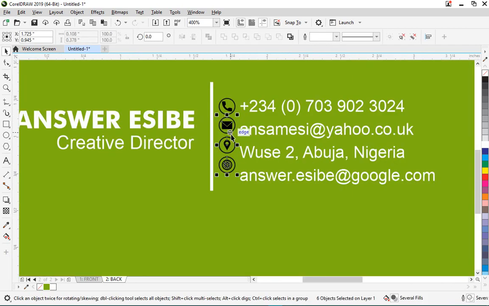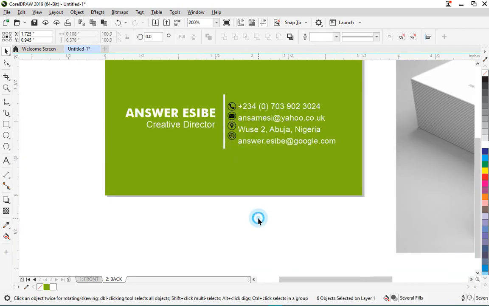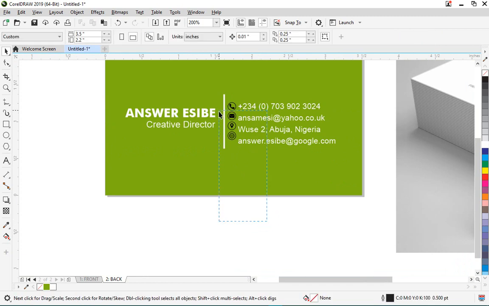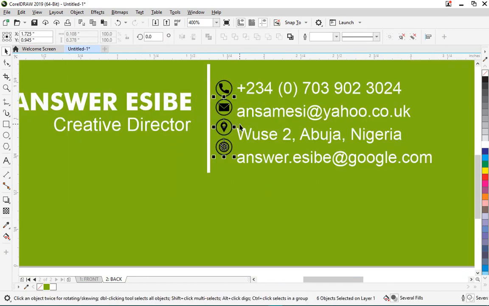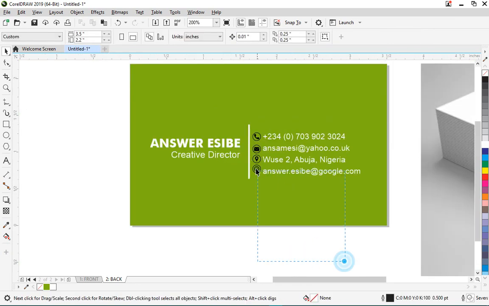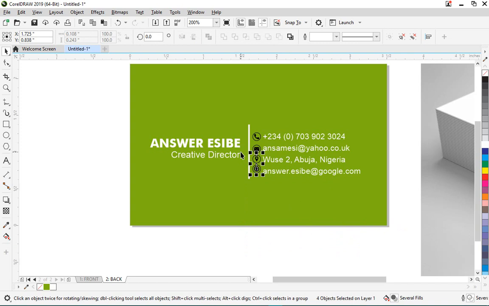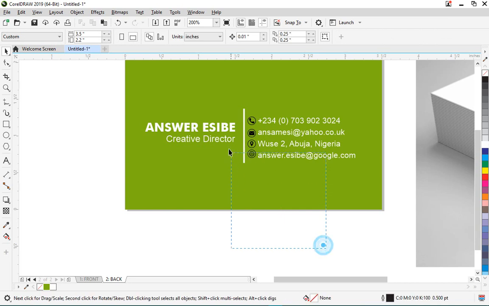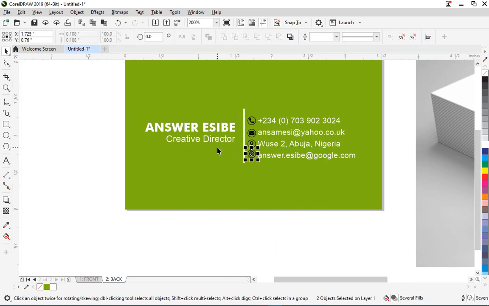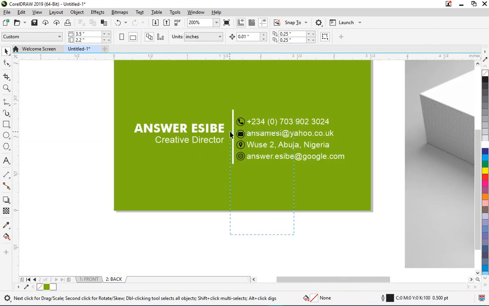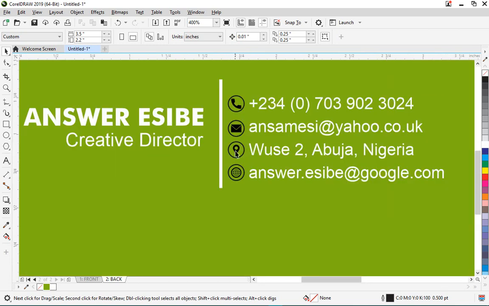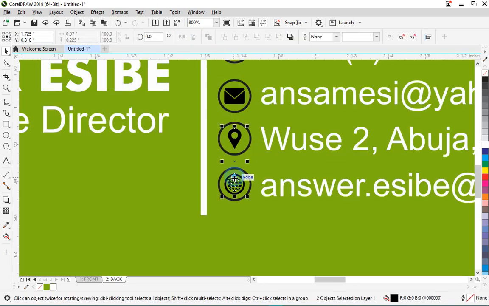I'm going to select from up to the email icon and take this down a little bit, and then I'll repeat the same thing here and take it down a little bit with my down arrow key on the keyboard. I repeat the same thing with this. I think I'm cool. The next thing you want to do is select these icons, just the icons,